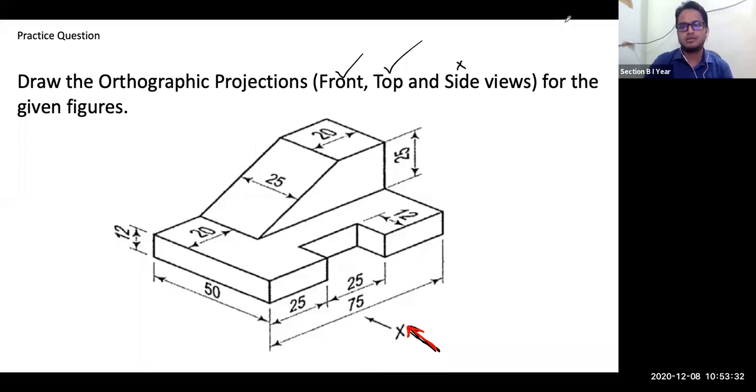Now, this is your practice problem. You have to draw the front view and top view of this component, and you have to upload it into your Canvas. Now, try to draw in your notebook. Just open a white blank page, and try to draw the front view and top view. Then you show it to me. How will you show it, you must be thinking. You can submit it in your Canvas.